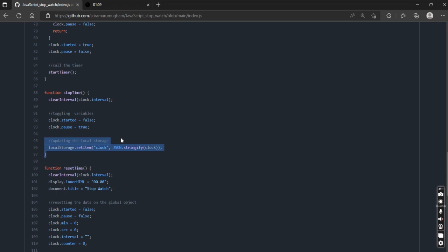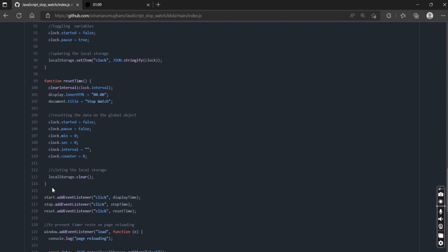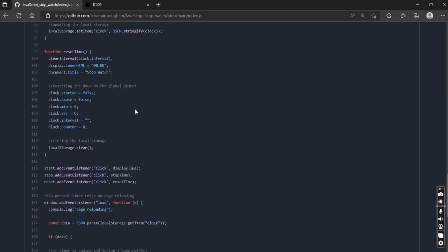Actually set up the local storage, updating started equal to false in local storage, and resetting clears the local storage and clears the display. Reset the display here,